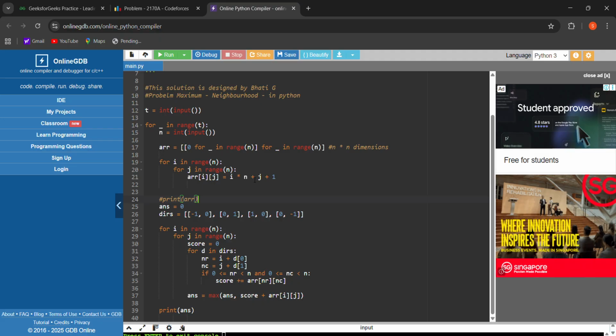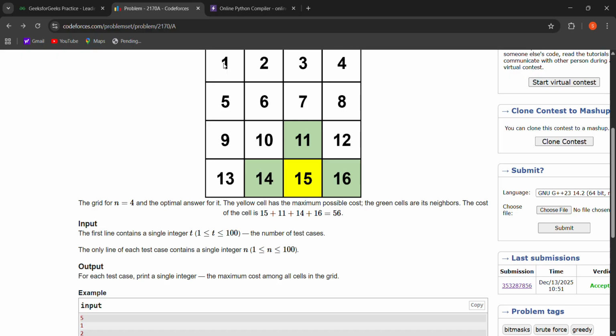So 0 of 0 contains 1. Similarly, when j is incremented from 0 to 1, this 0 comma 1 contains 0 into 4 plus 1 plus 1. So this 0 comma 1 contains 2. Similarly 0 comma 2 contains 3, and similarly our grid will be filled in this way.